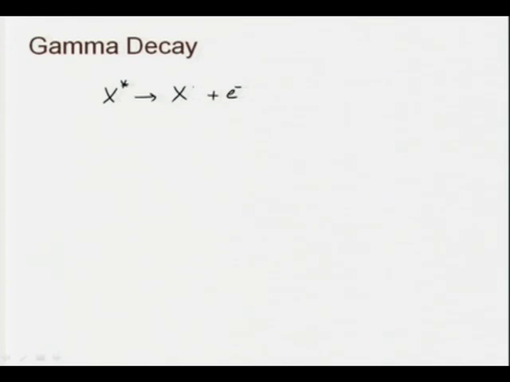So, this is unlike the beta decay. In the case of beta decay, a neutron was converted into a proton and an electron was created there, which was not present earlier. But in this case,